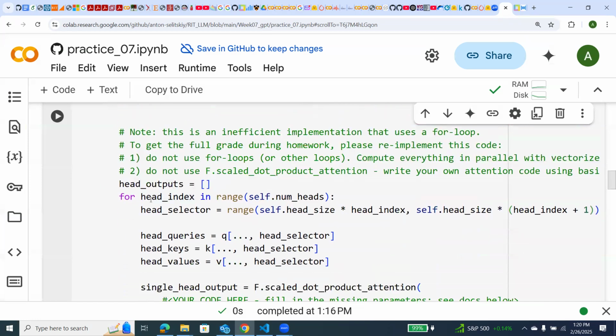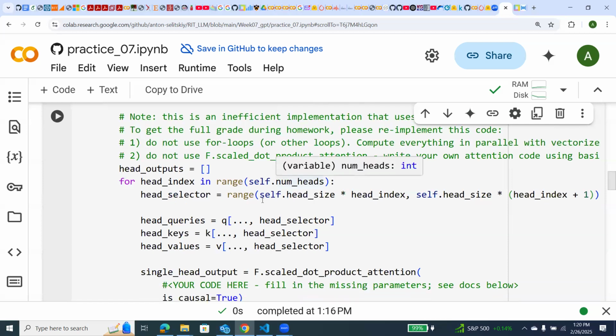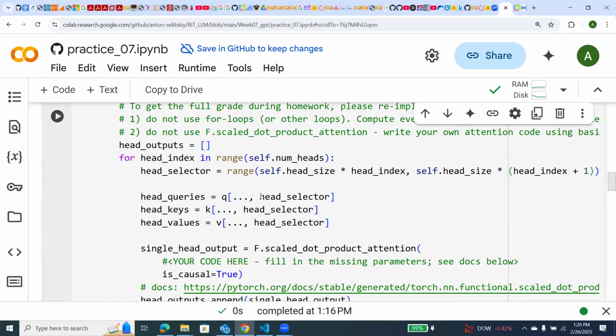So here we create a for loop over the number of heads, and every head will be selected by indices from, for example, 0 to the head size, then from the head size to 2 times the head size, and so on. And you can do this with the syntax where you use a generator